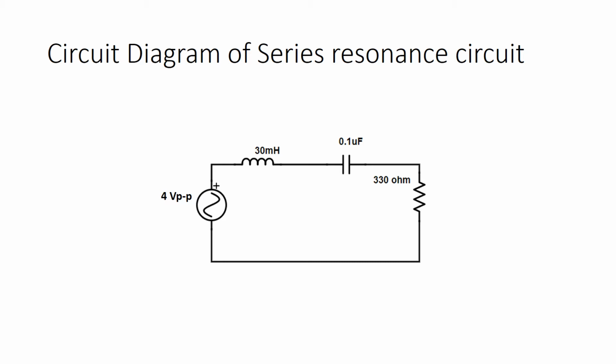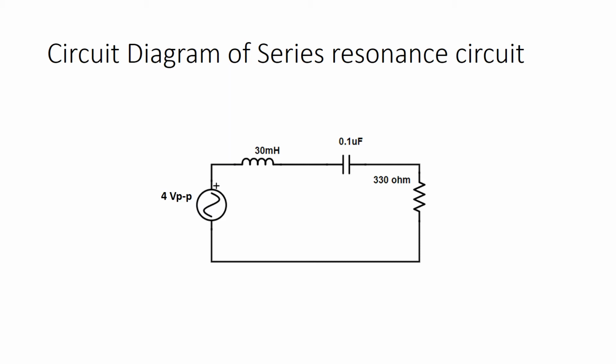So what is resonance? Resonance is a tuned circuit which consists of inductors and capacitors. So when will resonance occur? The resonance occurs when the inductive impedance of the circuit is equal to the capacitive impedance of the circuit. When both are equal in the series arrangement, it will become a purely resistive circuit.